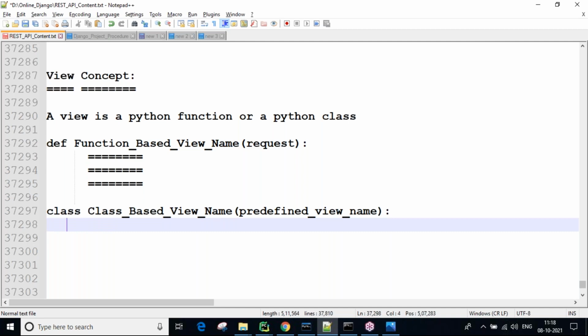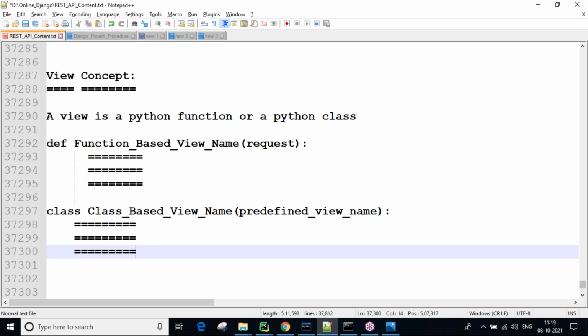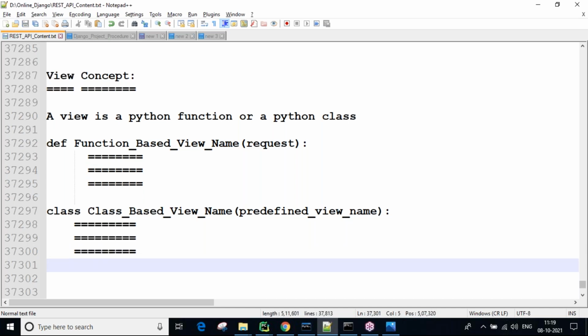Now here you can create whatever logic you want. A view is a Python function or a Python class. Python functions we write using the def keyword, and Python classes we write using the class keyword.